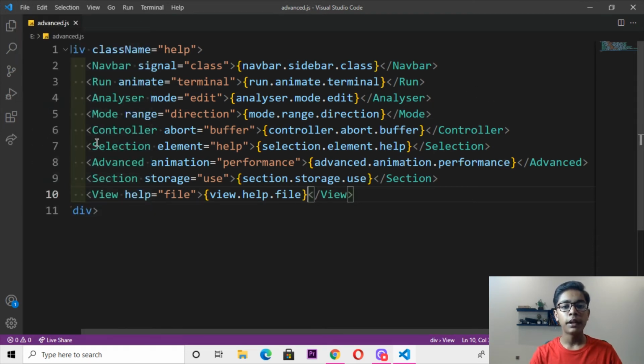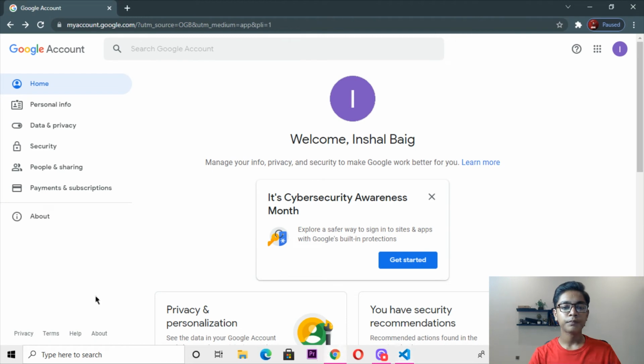And when you're done with that, if I show you the Google Chrome, our project should be ready here. So simply if I open Google Chrome from here, you can see there it is, our project is ready. Here you can see our Google Manage Account project which we want to make is ready. You can see we are just getting the Google account written at the left side, then at the center at the top, we are just getting the search box.